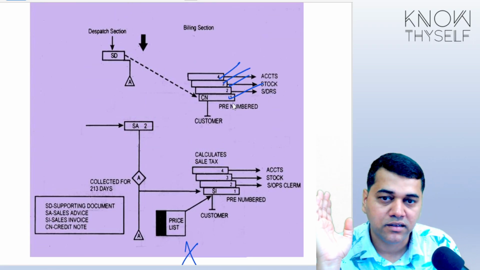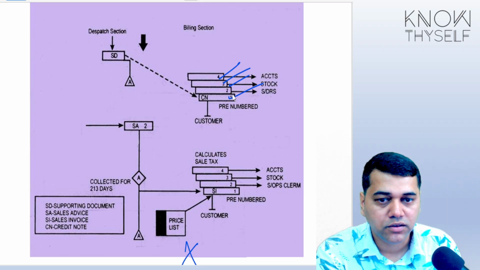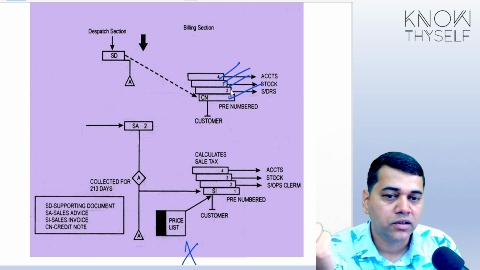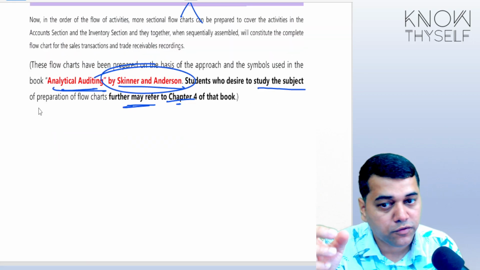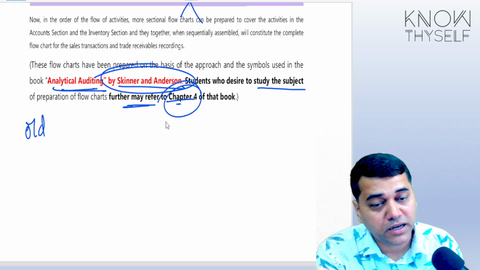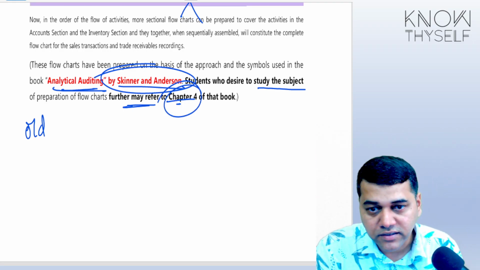You see, 4 copies of the invoice are prepared, it seems. The invoice is completely digital today. Who is sending you a physical copy of the invoice? That's why it is very difficult to understand what they have told, because first of all it is old and it is chapter number 4. Before that, chapters 1, 2, 3 we didn't study only. That's why I suggest we will skip it.